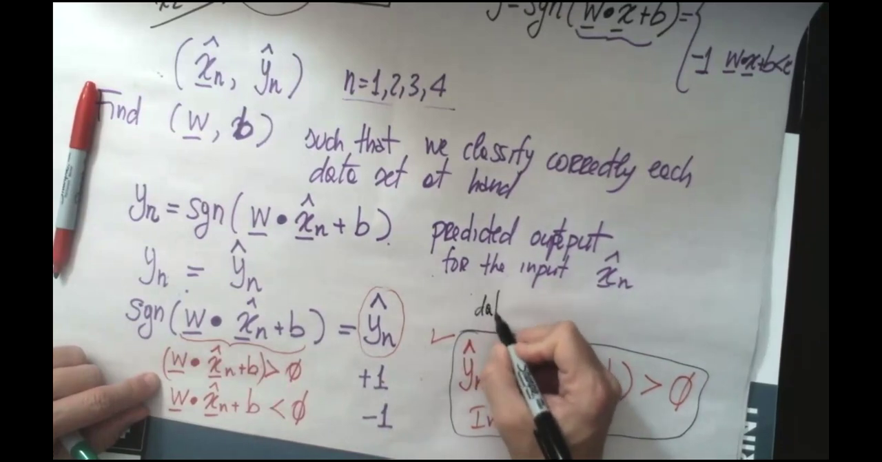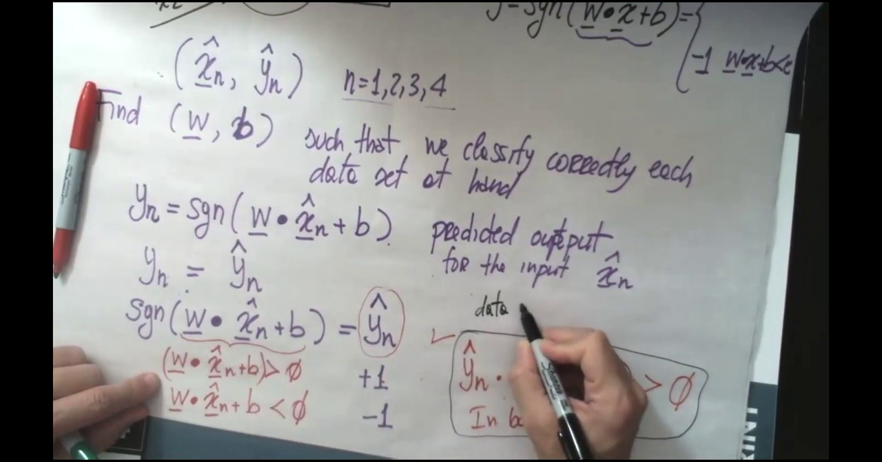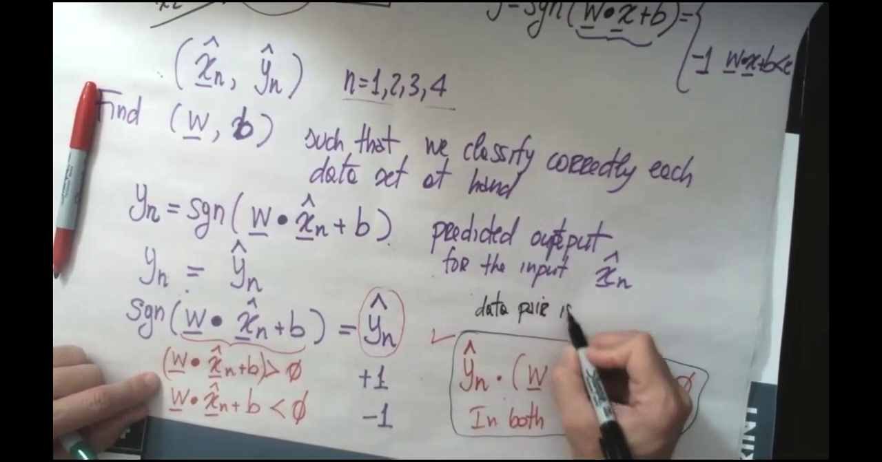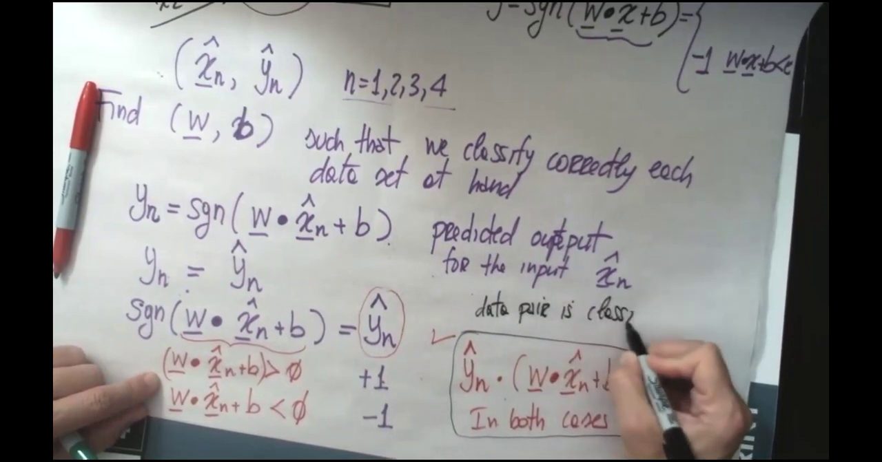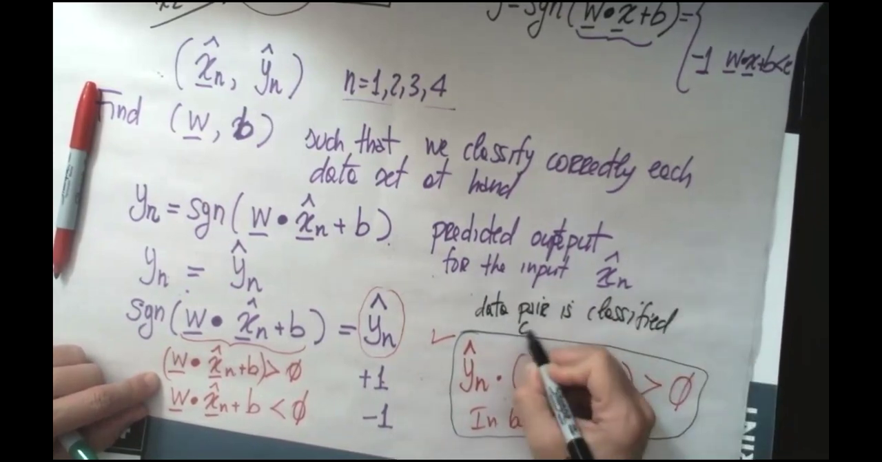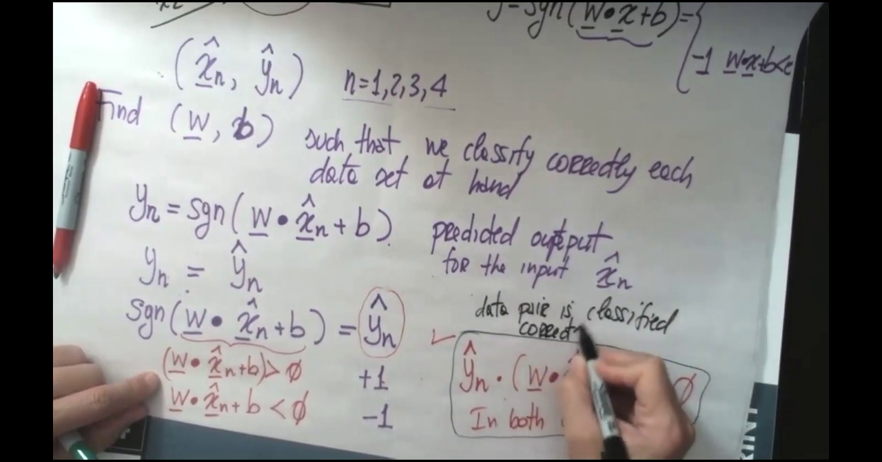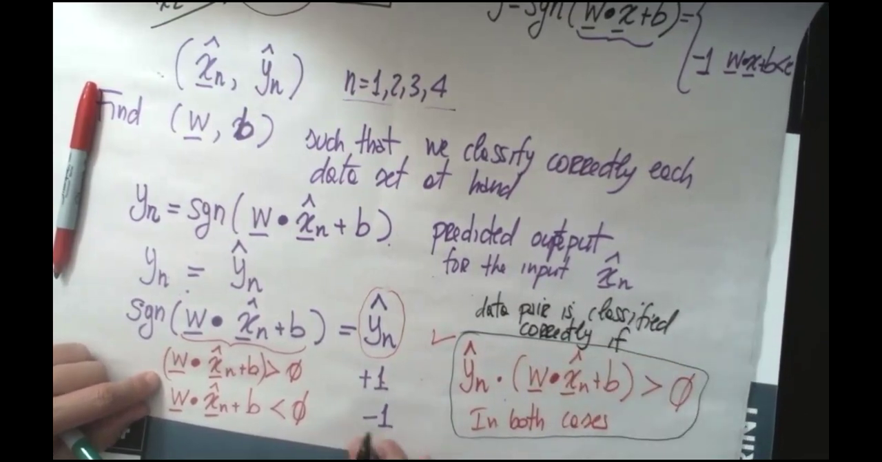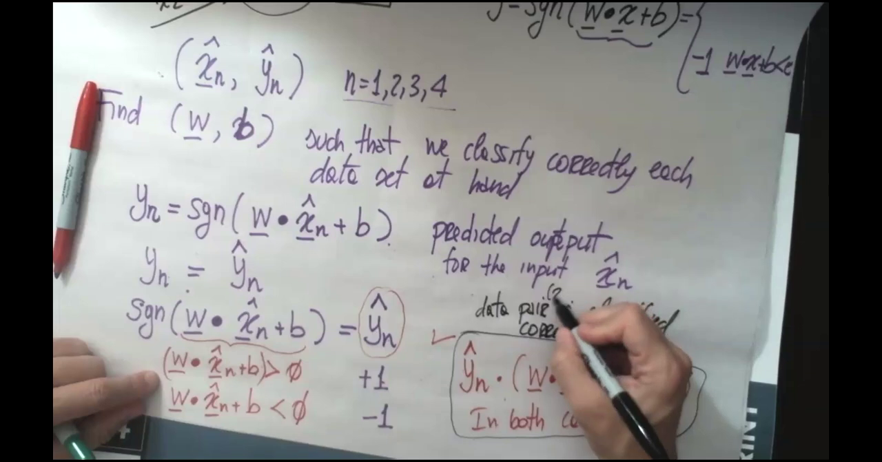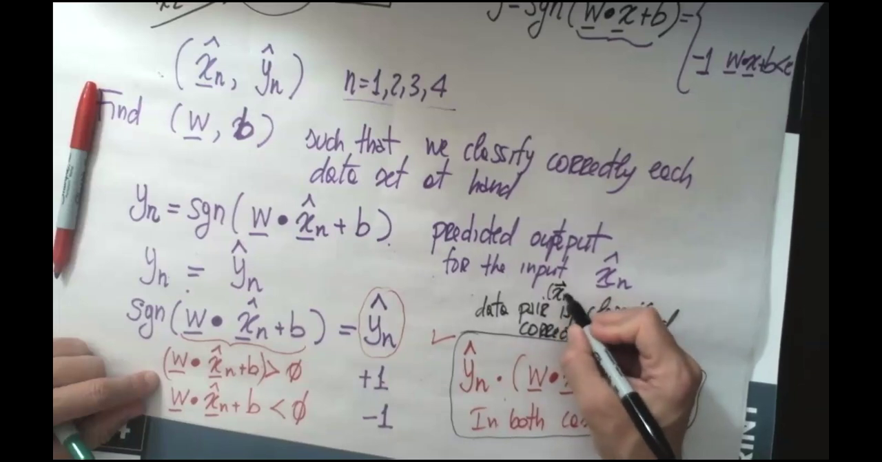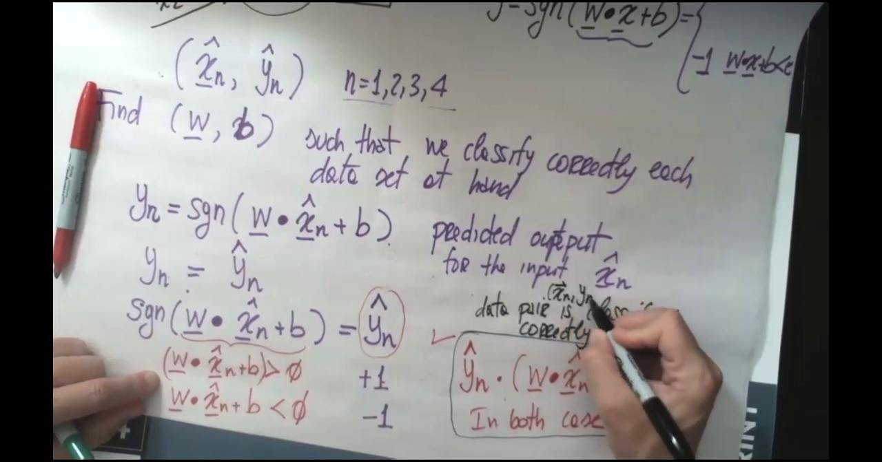So a data pair is classified correctly if the data pair, X and Y label,